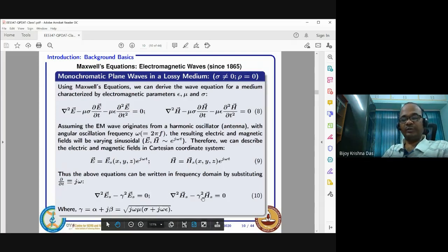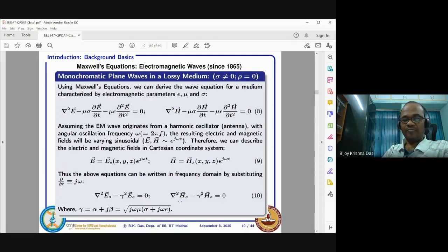You have to find the solution satisfying all conditions of Maxwell's equations, divergence theorem, etc. Of course, this is actually derived from those. So once you solve this ES or HS here, and their relationship you can also establish by the curl equation